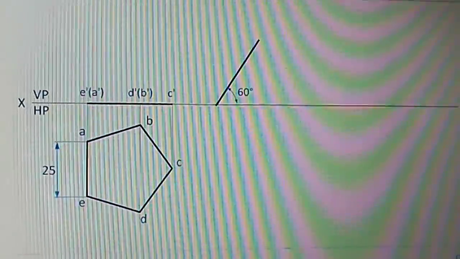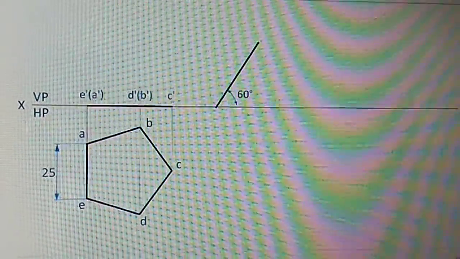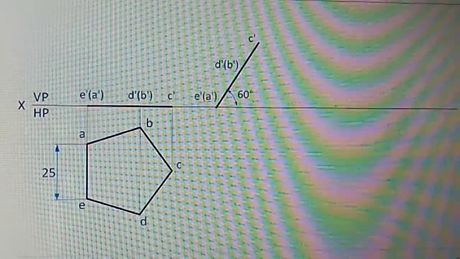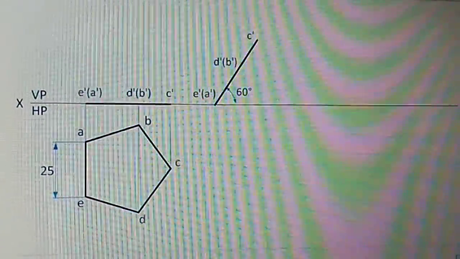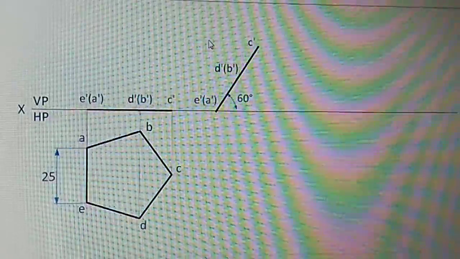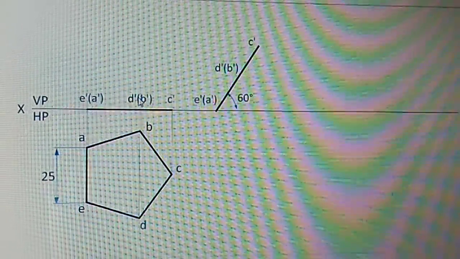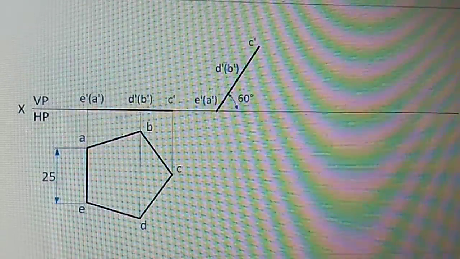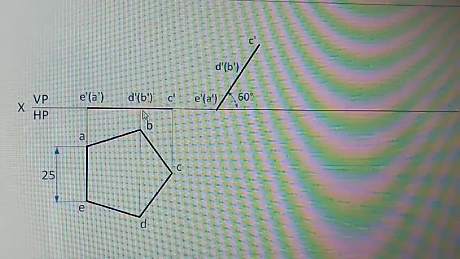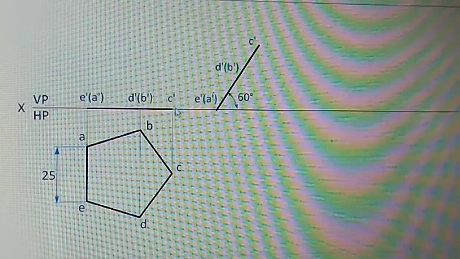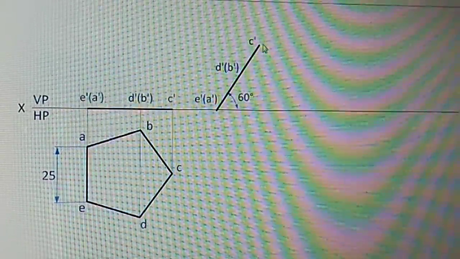Just take the same length at an angle of 60 degrees and name each corner by the same text, that is E dash, A dash. This is the resting edge, and these are the midpoints, that is, midpoints D dash, B dash. From the compass you maintain this distance over here, and from D dash inside B dash to C dash, again you have to take it with the help of a compass or divider, so we maintained it here.